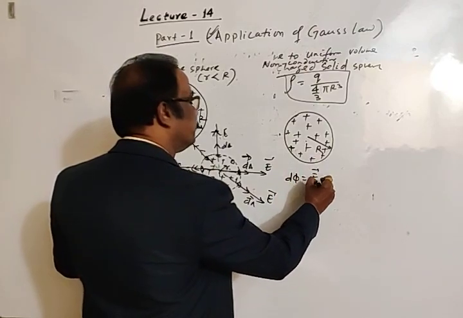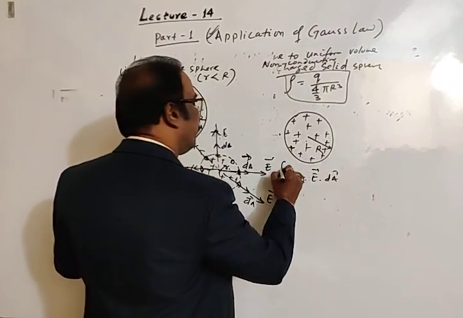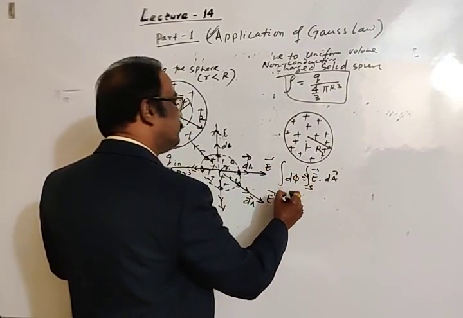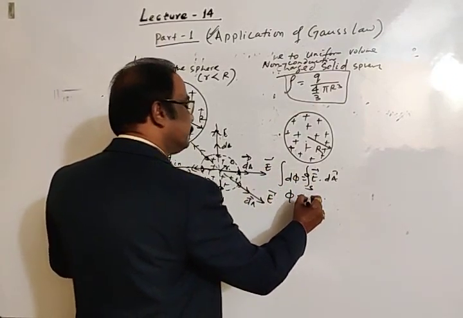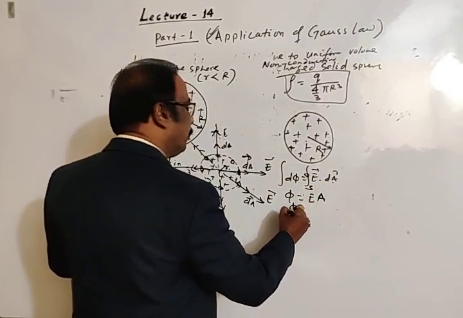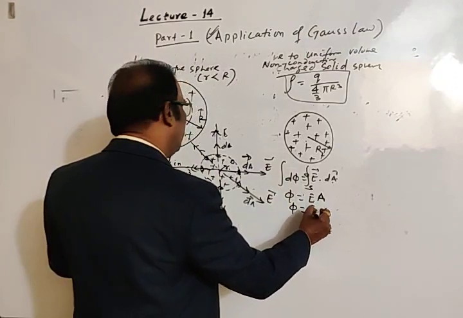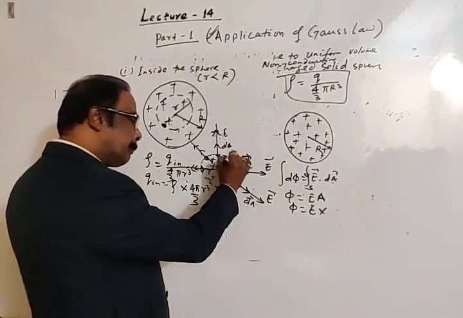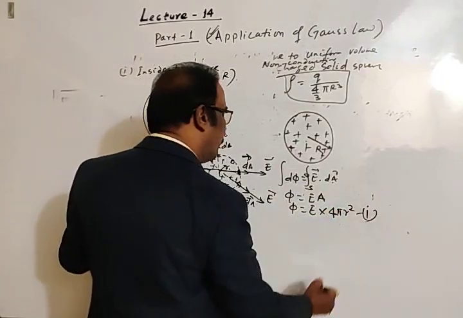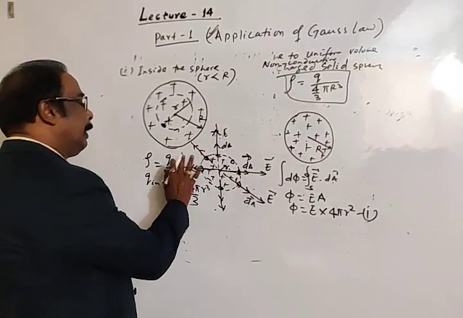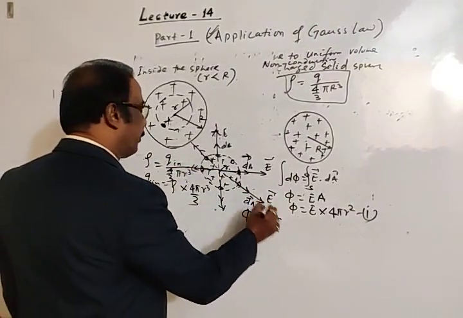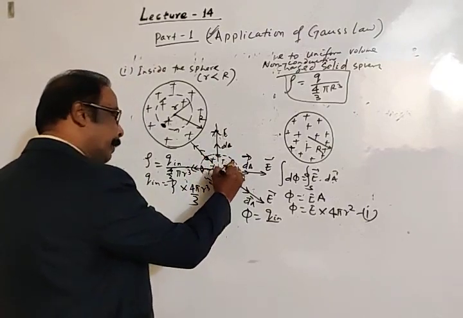dφ is equal to E dot dA for the total flux. Let's integrate both sides, which is a surface integral, and this is φ_E. Then the surface integral of dA is A, so the flux is equal to electric field times area. The area of this surface is 4π r square, equation 1. Okay. Then according to Gauss law, flux is also given as Q inside this imaginary sphere of radius r